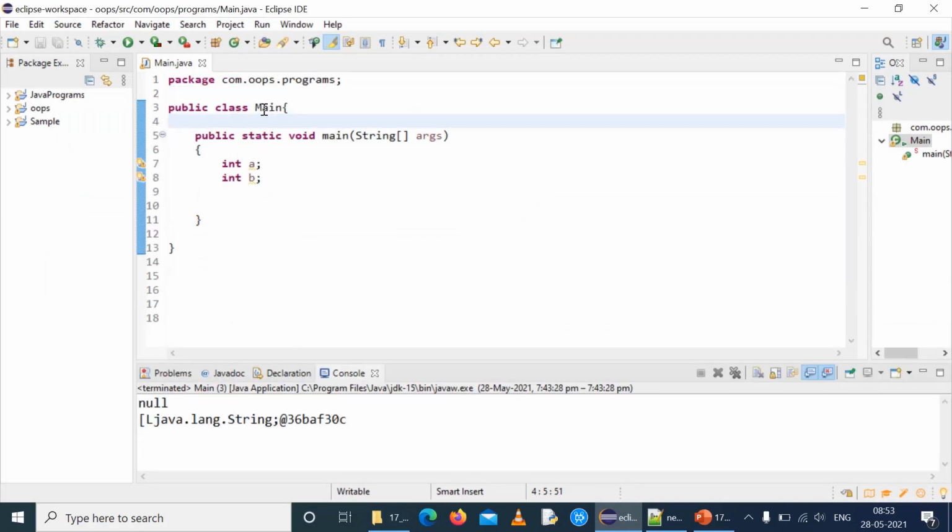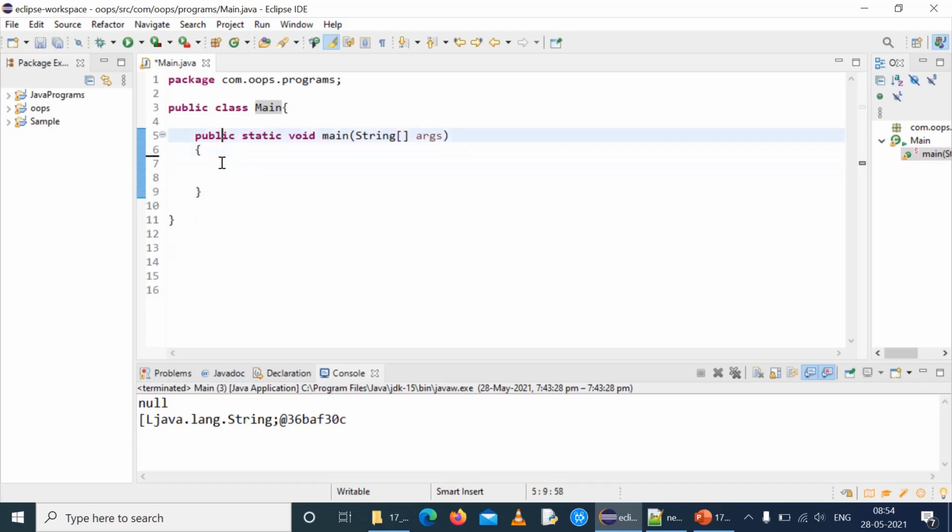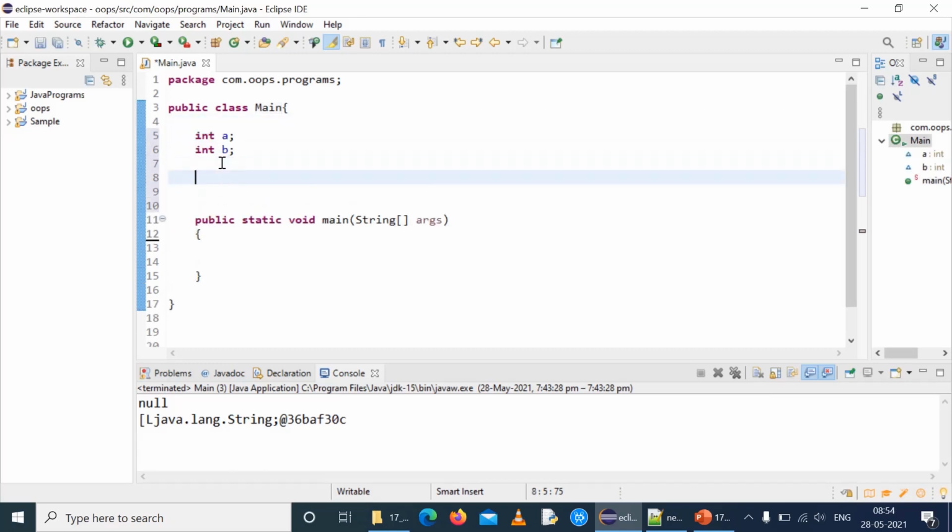So we have a class named main. Inside that main method, we will remove this from here. We have two non-static members, as we saw in our PPT.